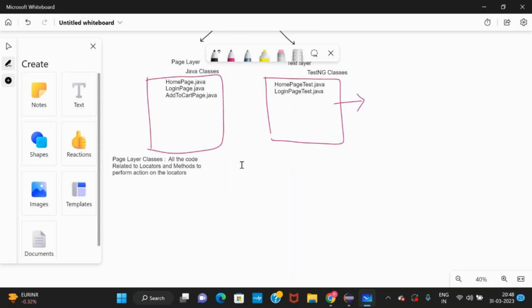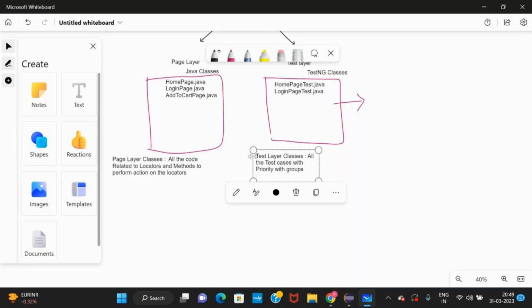All the test cases, with priority, with groups, and data provider, everything.